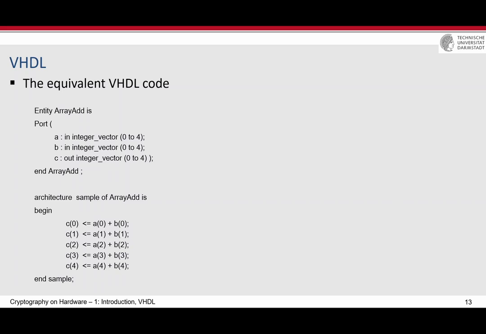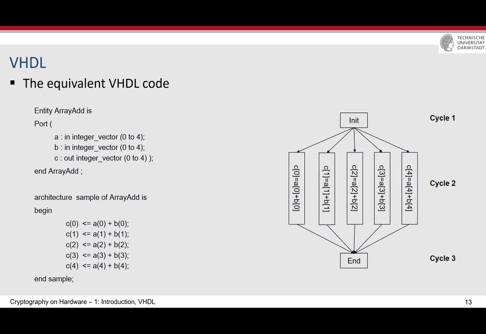And then what happens in hardware, again, as I said, this is the netlist or the functionality of the hardware. It means that these additions are performed at the same time, together, in parallel. You can imagine that one clock cycle is initialization, the second clock cycle is doing the addition, and the third clock cycle is the end. It is actually not like this. This function doesn't have any cycle. It doesn't have any clock. It's just a combinational circuit, without any flip-flop, without any register. Nothing. It's just a lot of combinational logic like AND, XOR, OR, NOR, inverter, and so on